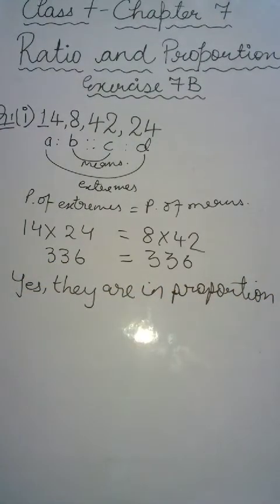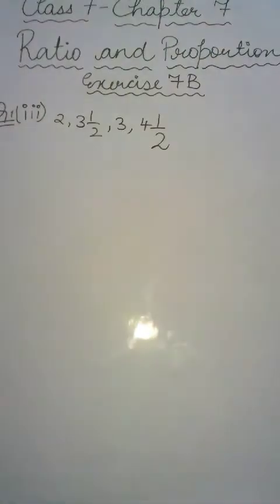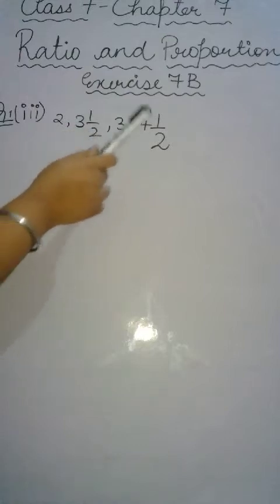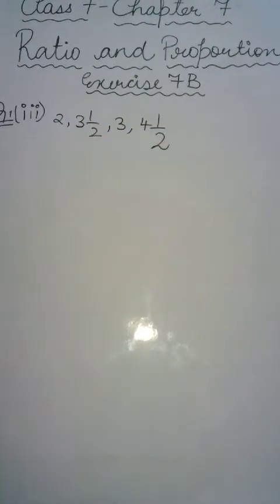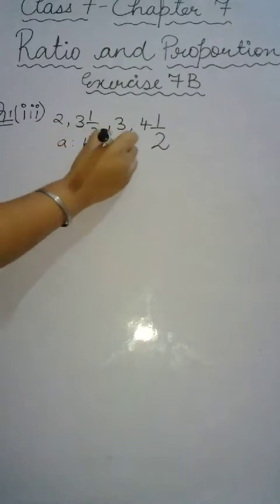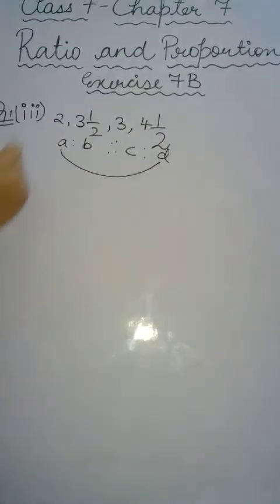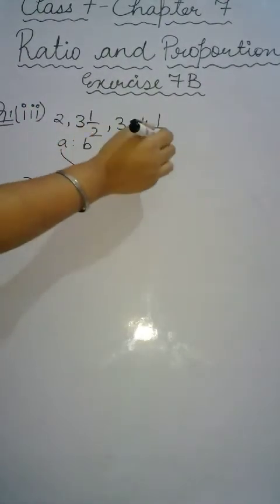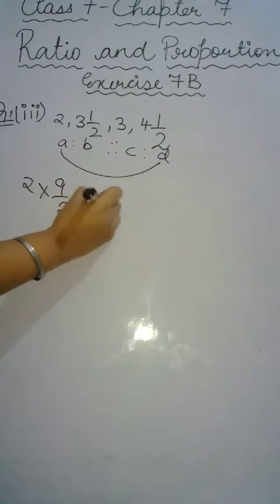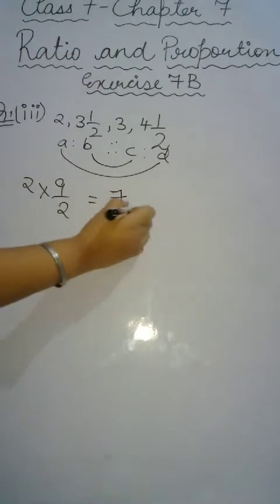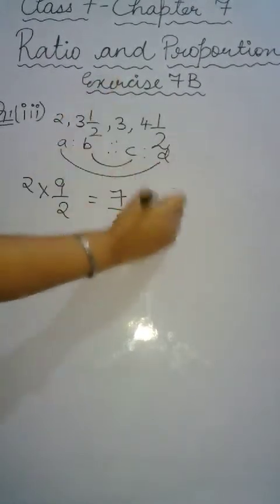Okay. Now related to this, let's try to do this fractional question, number 3. This is given in the form of fractions. You have 2, then 3 whole number 1 by 2, then 3, then 4 whole number 1 by 2. So this is A, this is B, this is C and this is D. First we will go for A and D. Means 2 multiply 4 to the 8 plus 1, 9, so 9 by 2. Then B, C: 3 to the 6 plus 1, 7, so 7 by 2, multiply by 3.